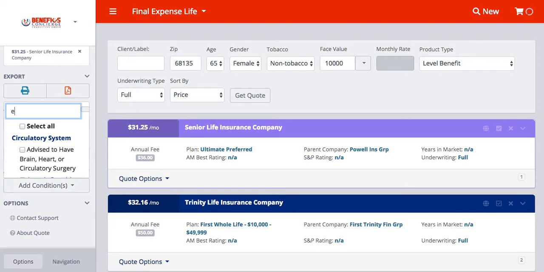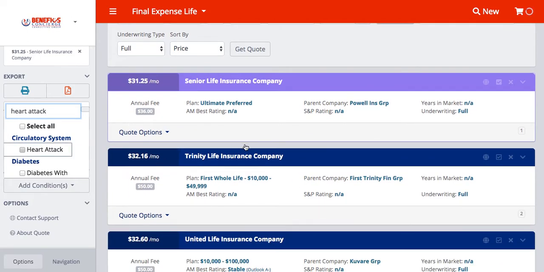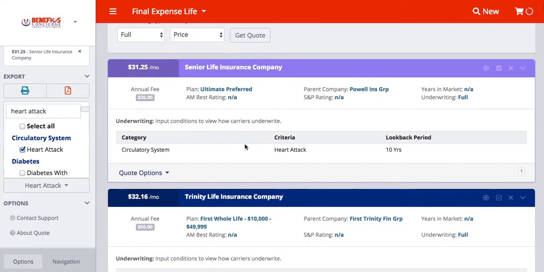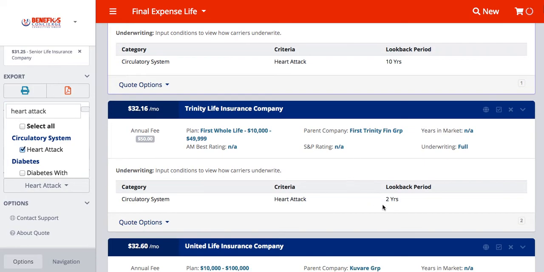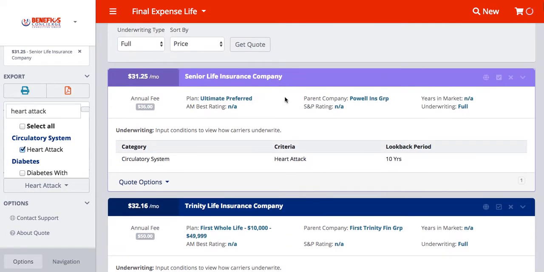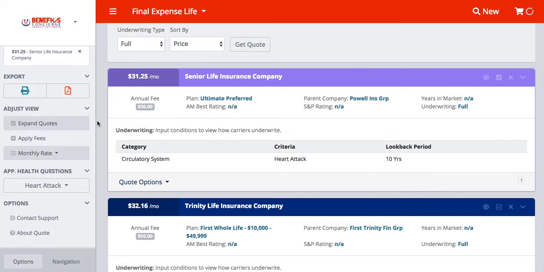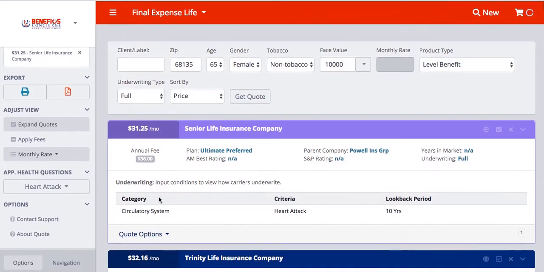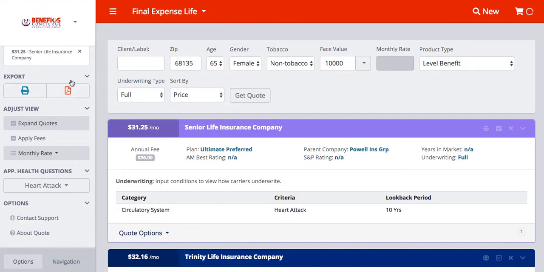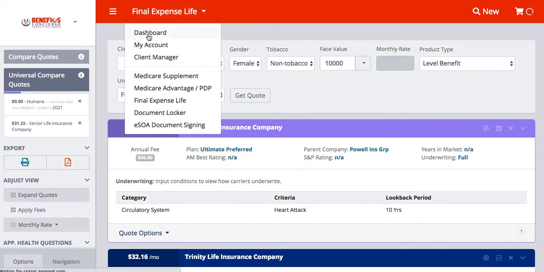So if we add in something like the heart attack again, and we click heart attack, we can see what the look back period is for each of these applications. So Senior Life, 10 years, Trinity Life, 2 years. So that's an example of a very big difference here on the application health questions. Again, we can export by printing or PDF. We'll take us back to the dashboard,